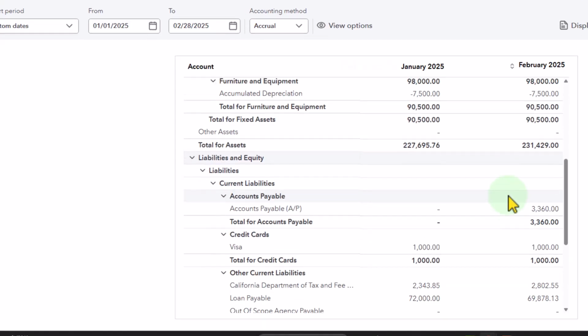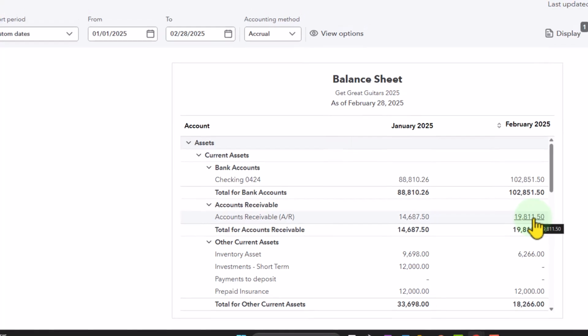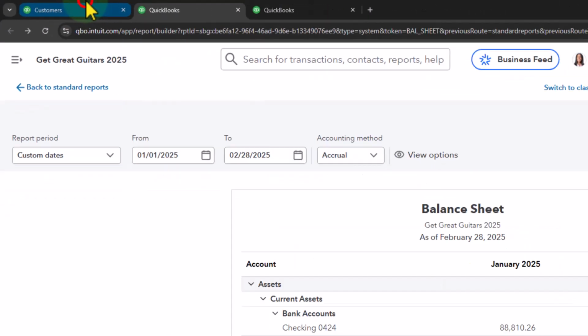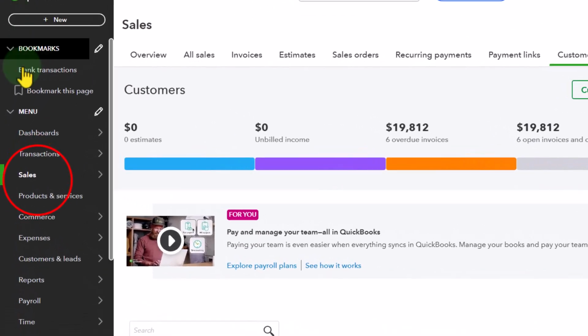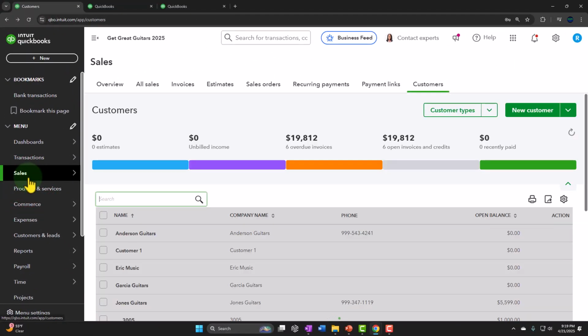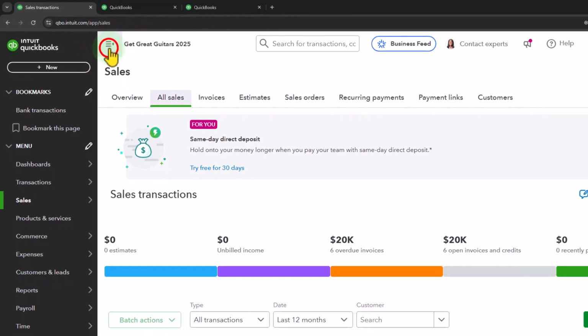And then if we go to the accounts receivable up top, it's also going to have a subledger breaking out the information by customer, which we possibly can see internally instead of generating a report. Let's go to the first tab. Where would we go to do that? We go to the ham boogie. We're going to go down to the sales item, and then we could go into all sales, por ejemplo,